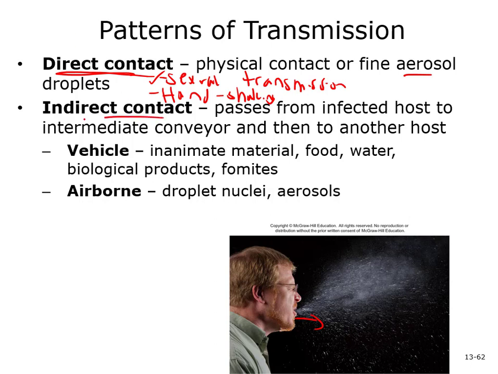Now, indirect contact, this would suggest perhaps a fomite like a doorknob or a toilet seat, or usually fabric-y materials. Like individuals should never share clothing or undergarments with one another.